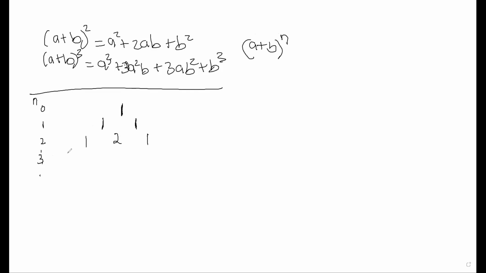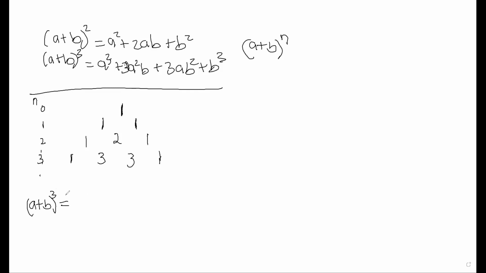And then we're just gonna put a 1 next to the other. Then we add 1 and 2, we get 3. We add 2 and 1, we get 3. Then we put 1 on the other side. And then you just continue. Let me just show you this one. We're at 3. So if I had to use Pascal to expand this thing, I would say a plus b